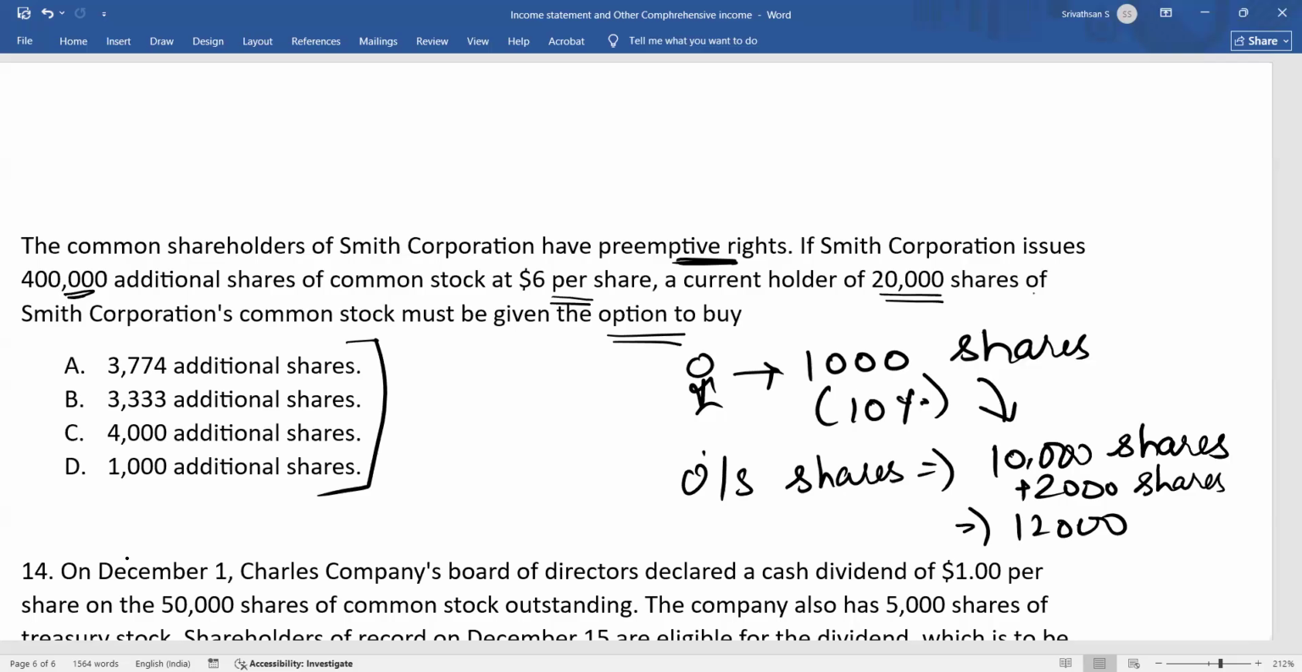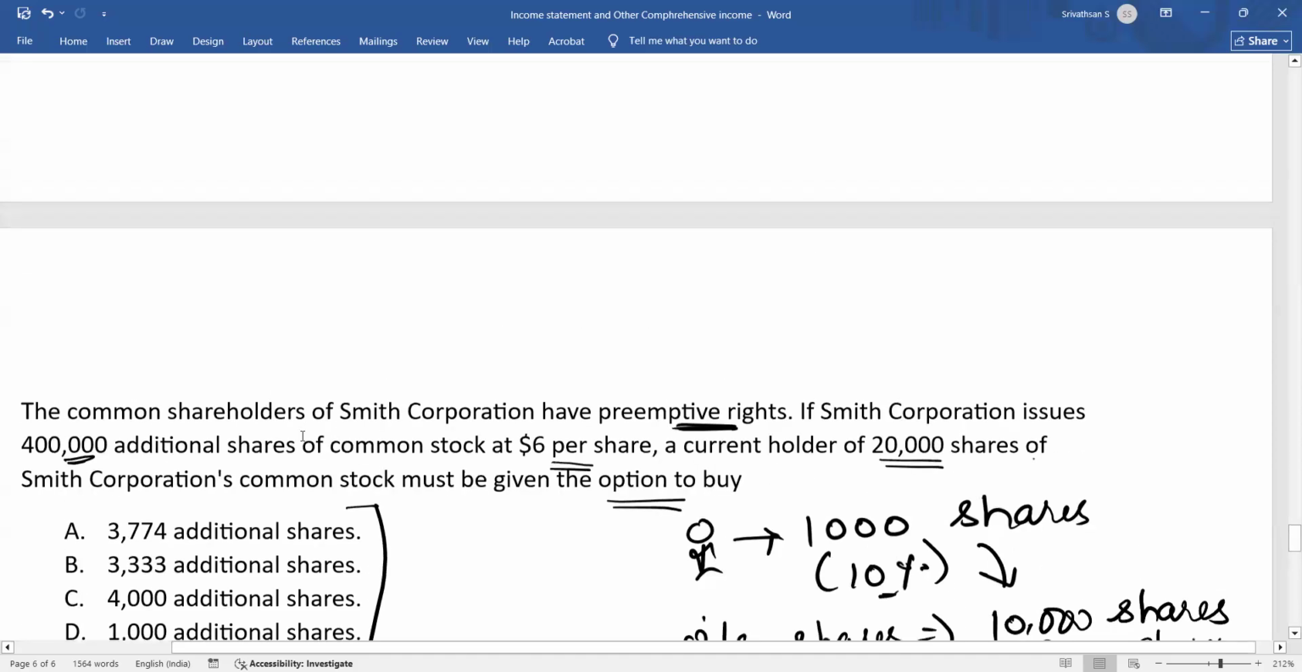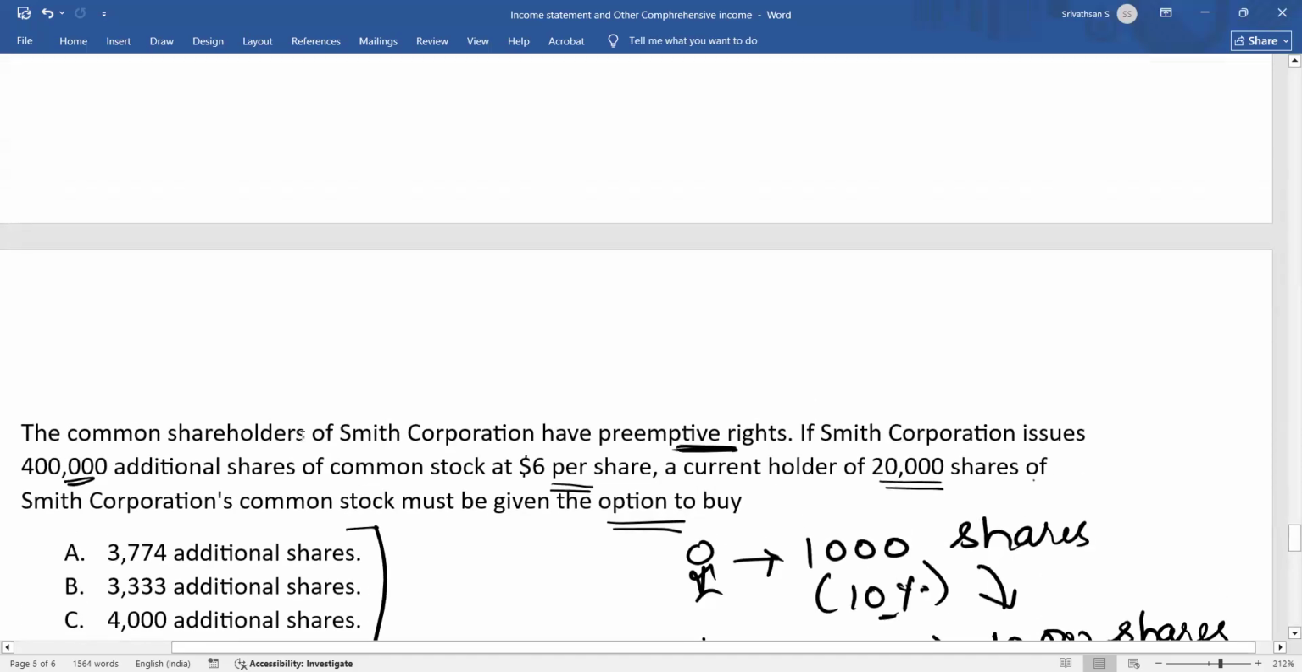Now, what is my percentage of holding in this company? 1,000 by 12,000 becomes 8.33 percent. Because the company issued additional shares, my holding in this company has decreased from 10 percent to 8.33 percent. So in order to maintain the same proportion of the existing shareholders, the company will